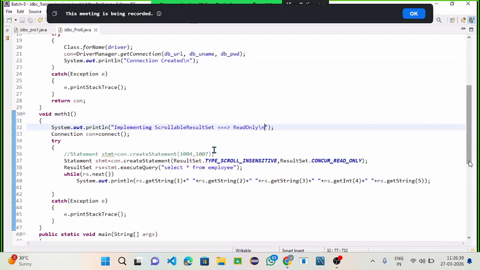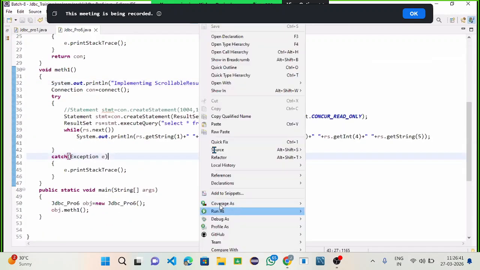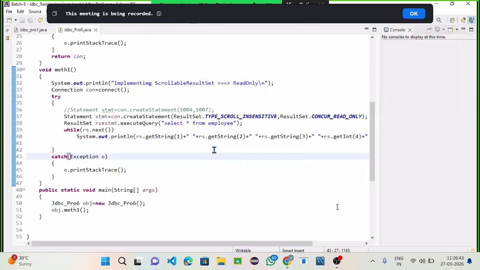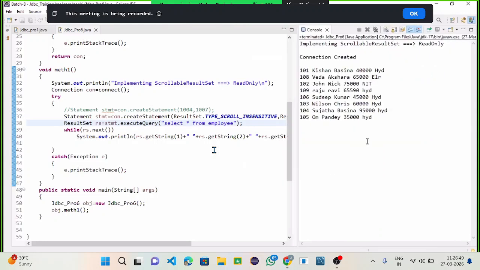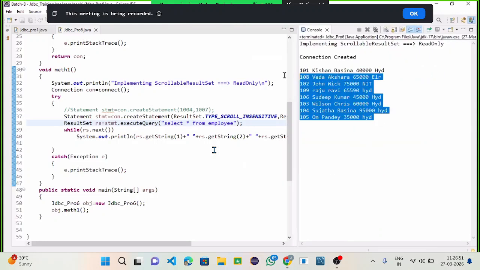Okay, let's try to check. Right click, run as Java application, and implementing scrollable result set. And of course, I'm able to get all the data which is present in my database. Up to now, this is what we had covered. We already know this. Now let's try to use the methods which you have already written in your notes